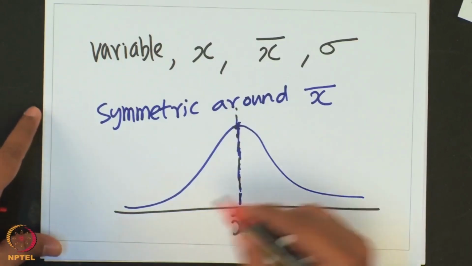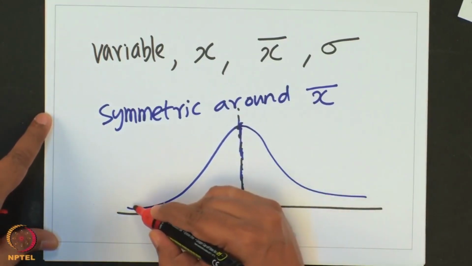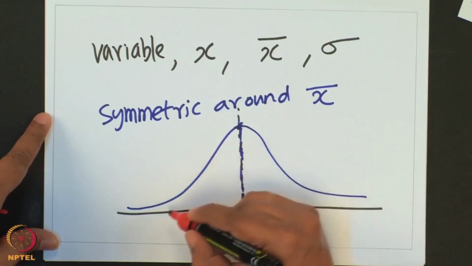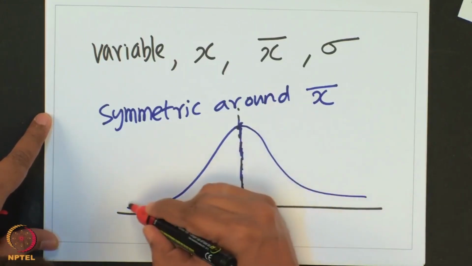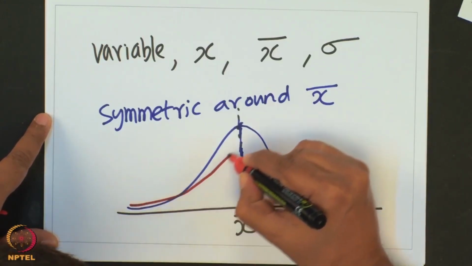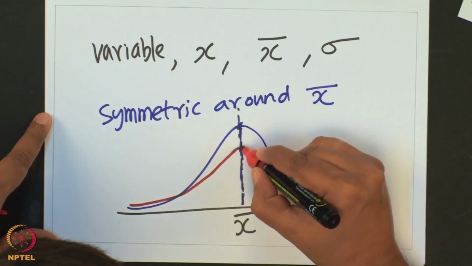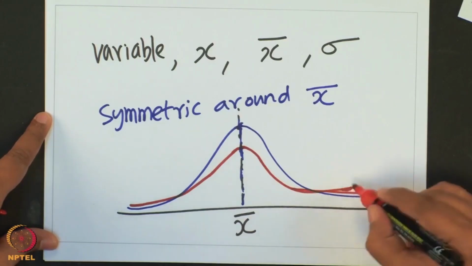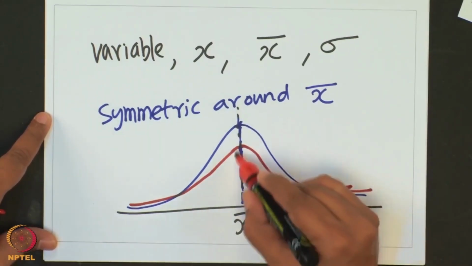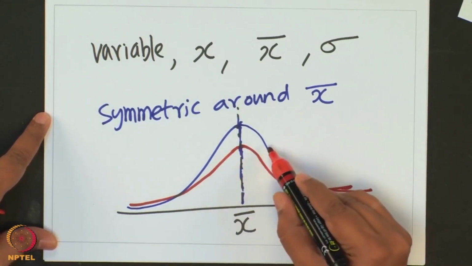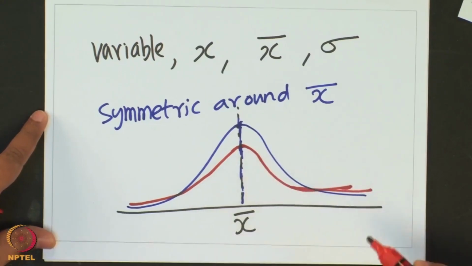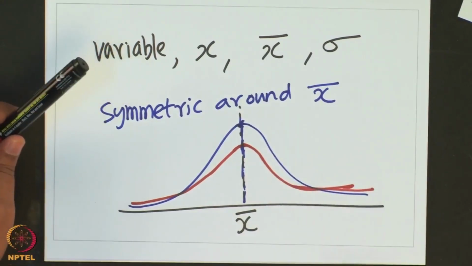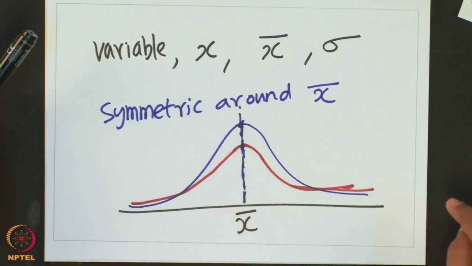I could draw this slightly differently, something like this. This is also symmetric around x bar, but this is different from this. The blue curve is different from the red curve. I could draw many curves which are symmetric around x bar,